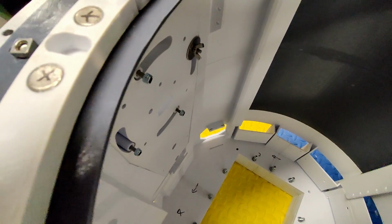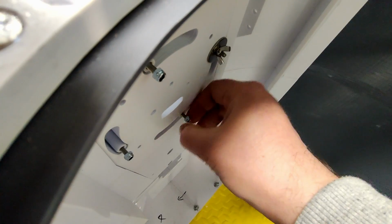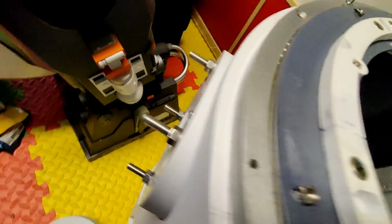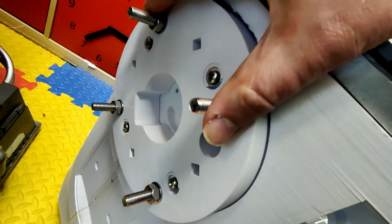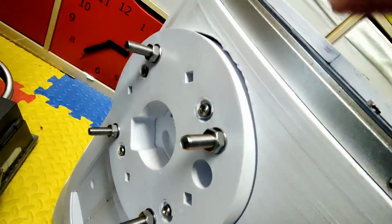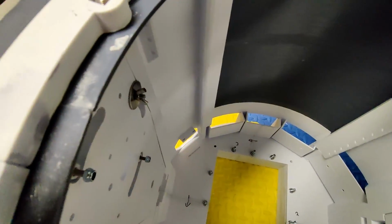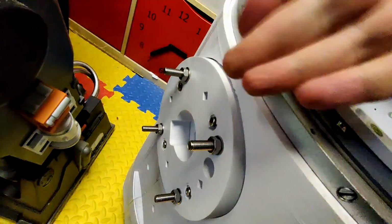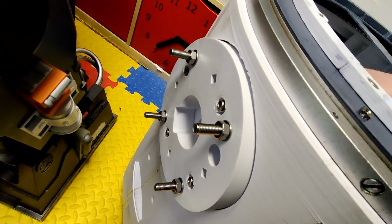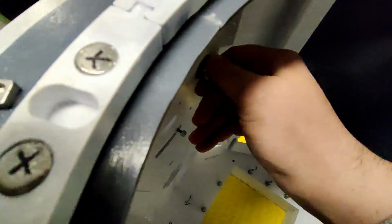I've got the one on, and something I've noticed when trying to undo these nylocks is that it's just twisting. I think it might be alright once the leg's on, because there'll be a leg holding up and pushing up against the bolt, but at the moment it makes it quite awkward to do it up. So just something to bear in mind when you do yours, that if you haven't put the legs on yet, they're just going to spin in place like this when you're trying to undo it. So maybe have a screwdriver on the other side to let you undo it. But just with this one wing nut on,